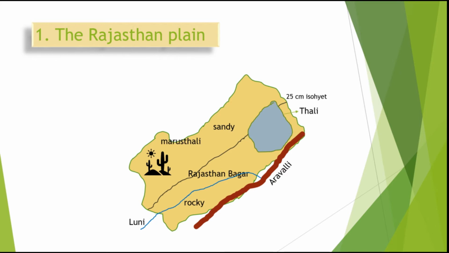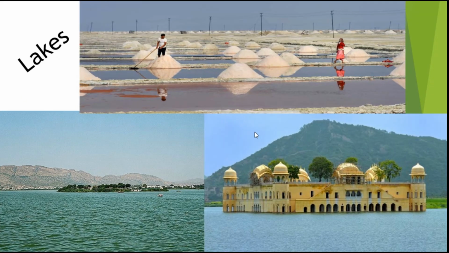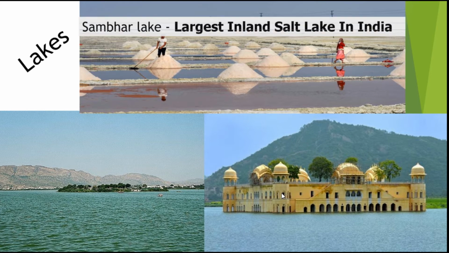North of the Luni Basin, there is a large area of inland drainage having several saline lakes. They are a great source of common salt and many other salts. The Sambhar, the Didwana, the Degana, etc. are some of the important lakes. Sambhar Lake is the largest inland salt lake in India, renowned for housing the largest salt production house in India.